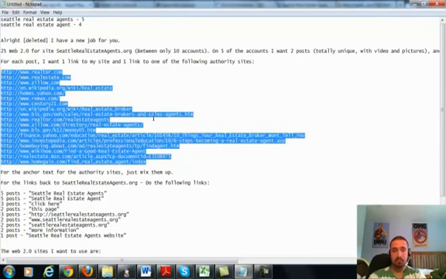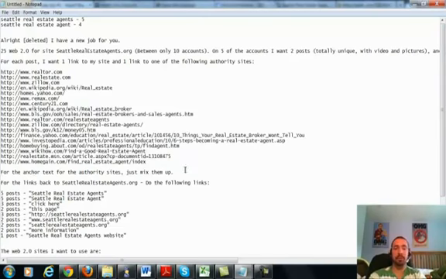And then down here for the anchor text for the authority sites, just mix them up. So I've told him to do this before, so he knows. Just do like real estate agents, business, real estate news. He knows to make them relevant to the category, so he knew what to do there. That's why I didn't explain it too much more.